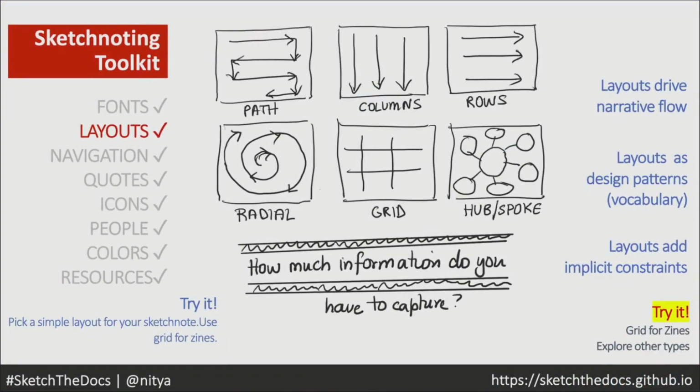Next, we're going to look at layouts. If fonts were really about the handwriting, and by the way, the main thing for you to do when you're doing handwriting is to start by writing slowly until you're comfortable enough to speed up and still get the same quality. But when you've written all this information down, if you were to just keep writing stuff, that becomes a wall of text. Layouts help you compartmentalize, organize information in a way that you can drive a narrative flow in your story. And so you can almost think of layouts as a powerful way to create a design pattern as you keep using different layouts over time.